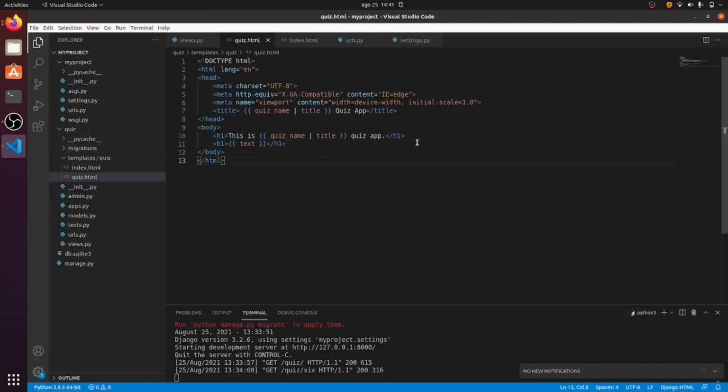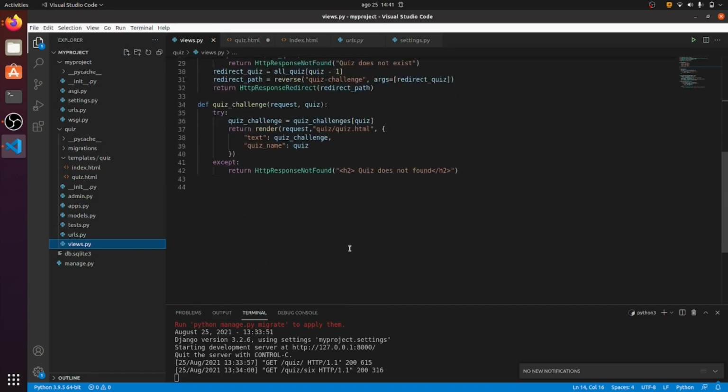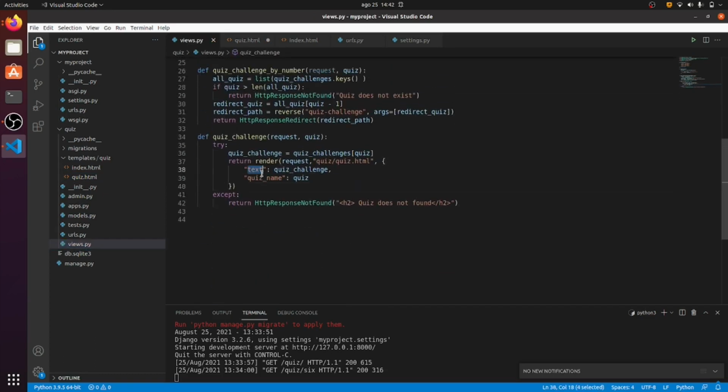I am going to add an if statement here. Like here again I am going to use single curly braces like this, and if you look into the view, here this text variable holds the quiz value.